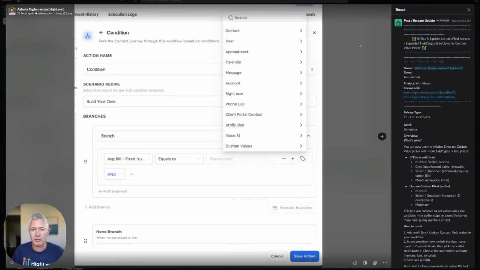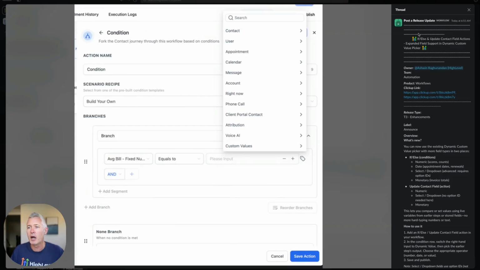I realized I missed this earlier today. I want to make sure I get it out. So if, else, and update contact field actions have been expanded. They've added field support in the dynamic custom value picker. So the idea here is you can now use the existing dynamic custom value picker with more field types in